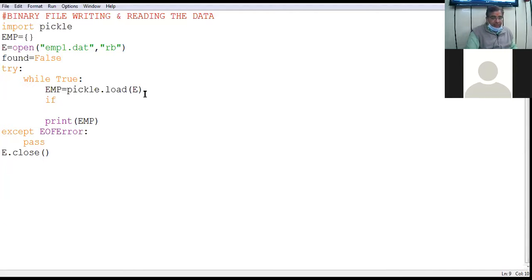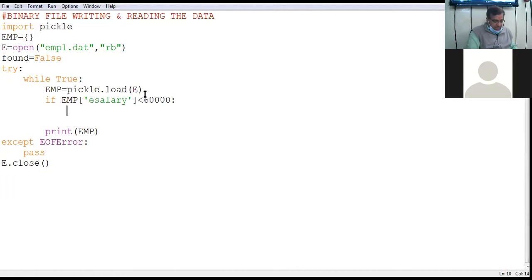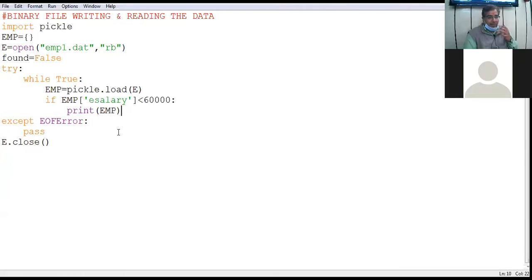Write the condition here: if emp salary, the key is salary, if the value of this key is less than 60,000, then print that record. And if your record is found, initialize found as true.